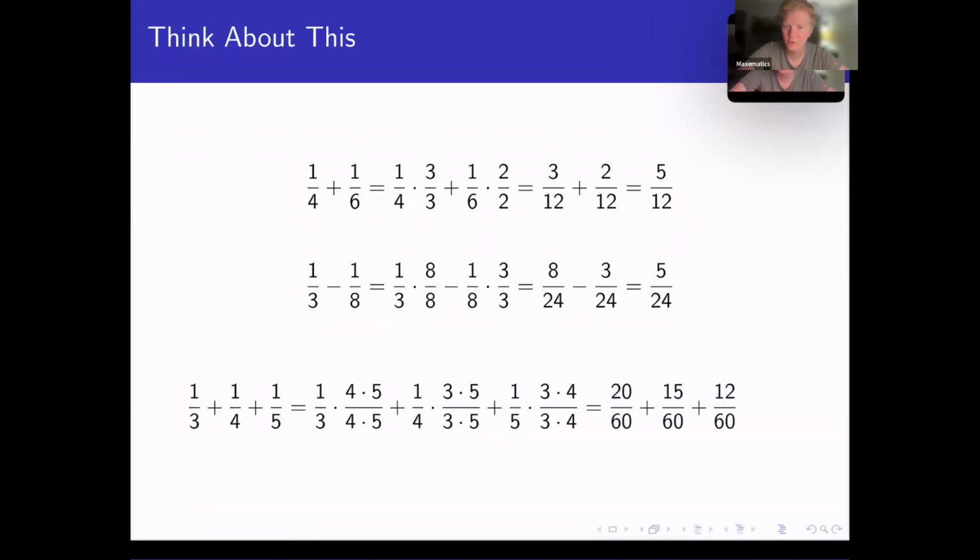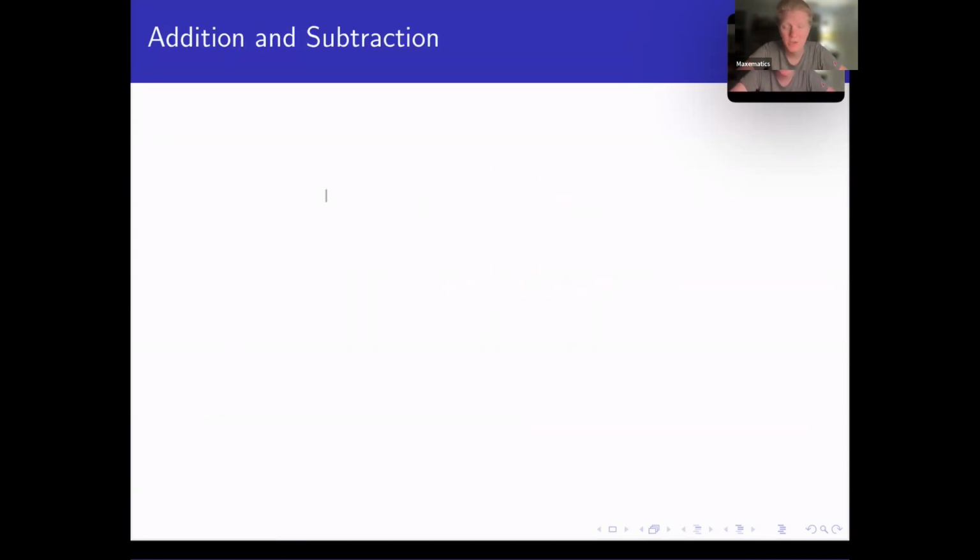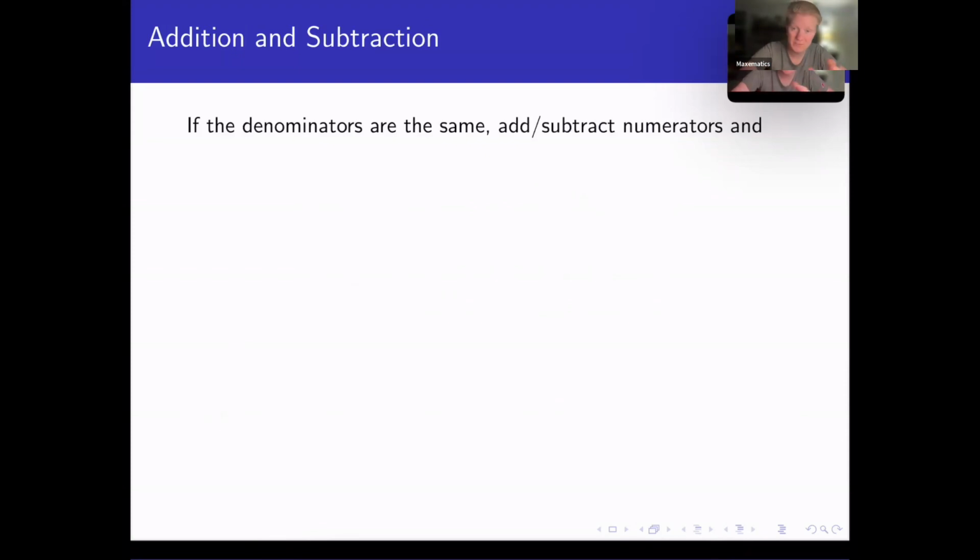And we just get all sorts of ugly numbers. But the idea is here, right? If they have some similar factors, the least common denominator is not just all of the denominators together. It might be in some cases like 1/3 and 1/8, but it doesn't always have to be. So addition and subtraction, if the denominators are the same, simply add or subtract the numerators and keep the denominators